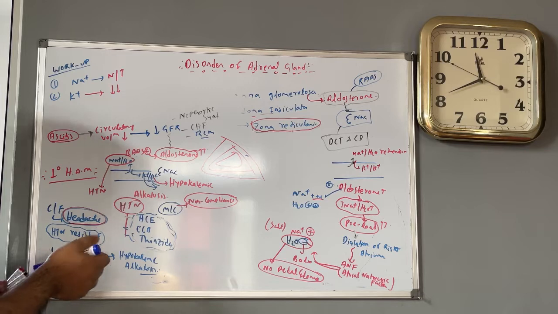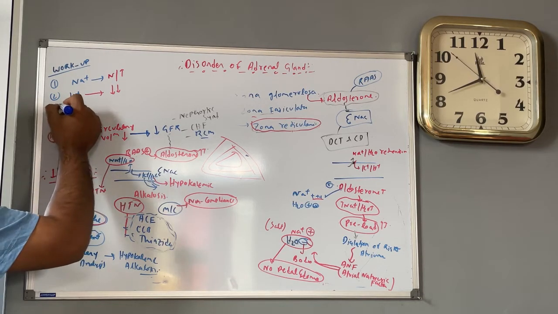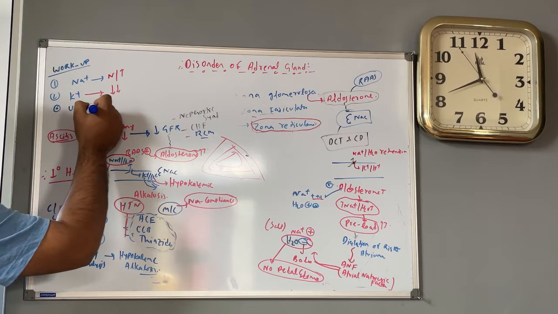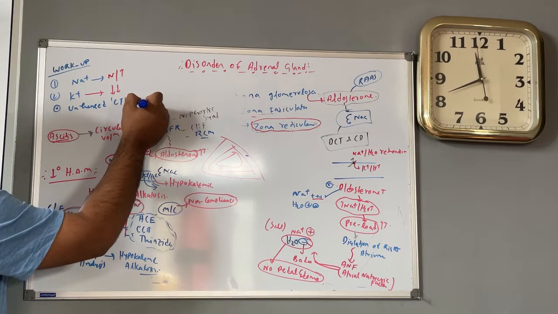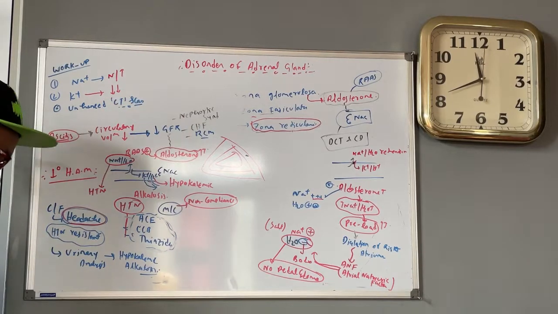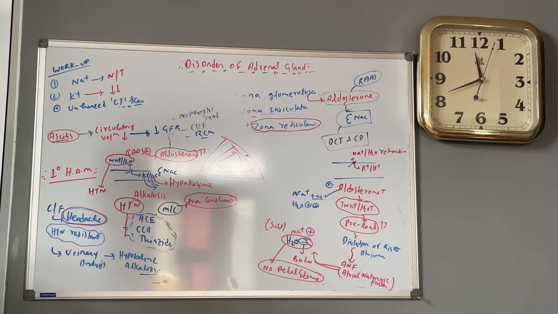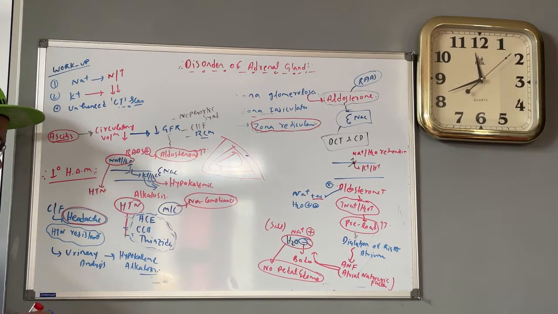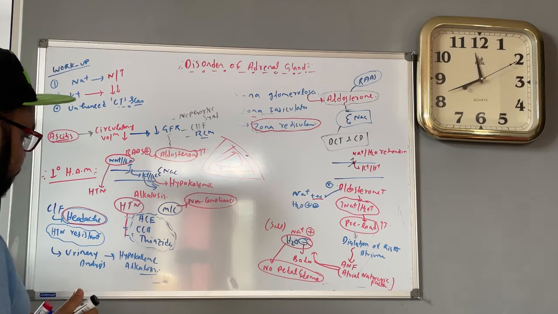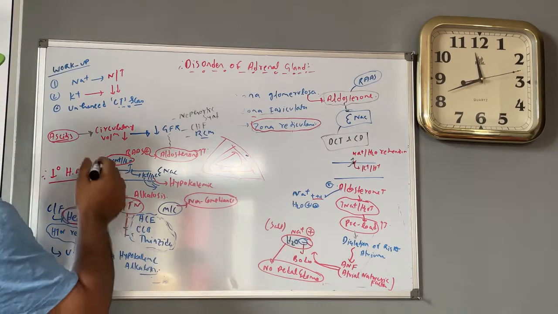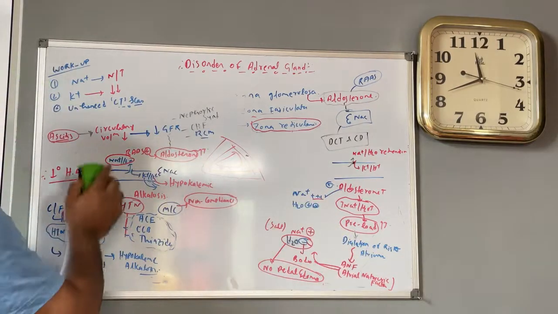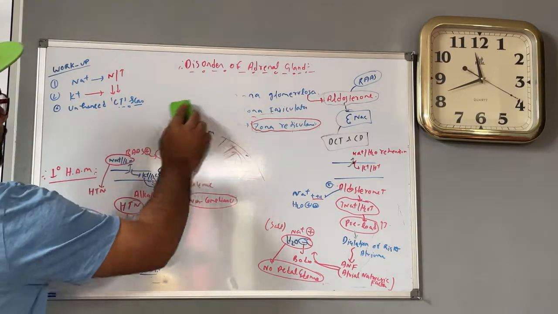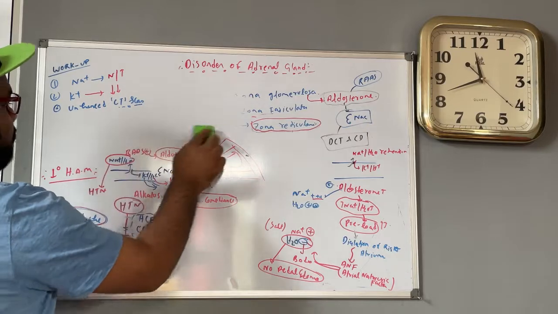Okay. Now another thing, just to check whether there is the presence of a tumor or hyperplasia or not, we should go through what? Enhanced CT scan. By doing the CT scan, we can get the anatomical position of the gland. We can easily find out whether there is any kind of tumor, or any kind of hyperplasia. That's the thing. And the most important test over here, the most important test, I should mark it clearly. That is